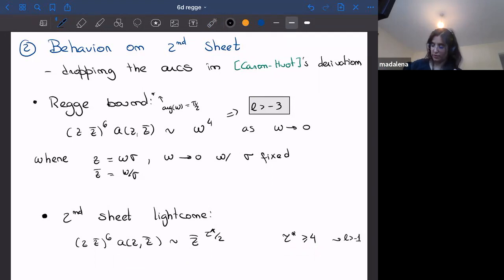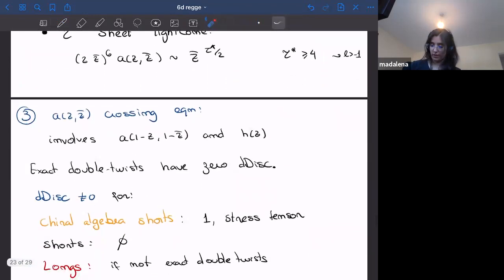But if we use the S-channel OPE on the second sheet to argue that it goes with the dimension of the lowest twist operator, then we don't spoil this L bigger than -3 condition. So this is the other point I was expecting Slava to be worried about. But this is the same as in the normal derivation, I think. Okay,